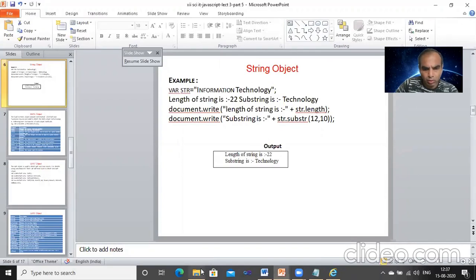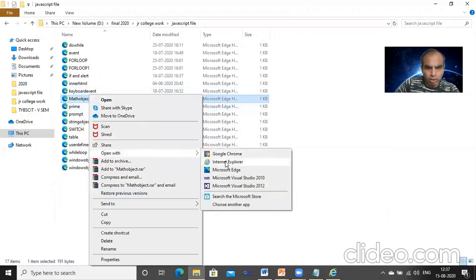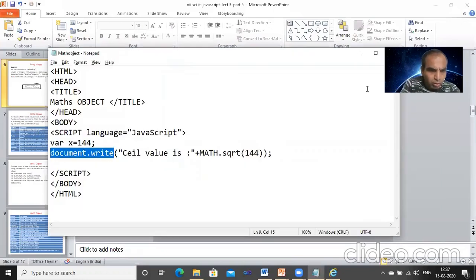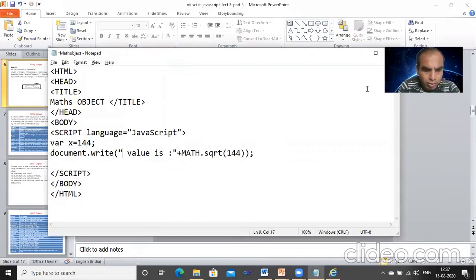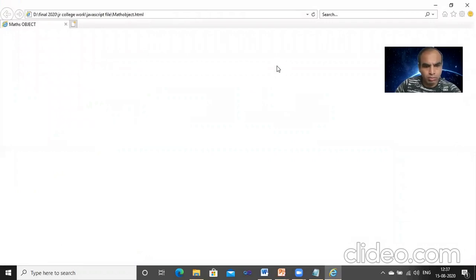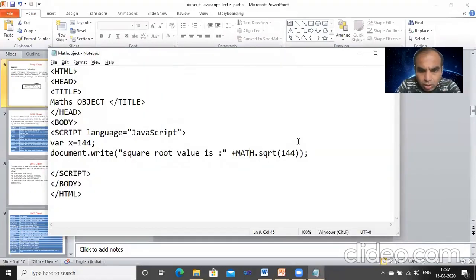We will check, go there, right click on math object, open with Internet Explorer, allow blocked content, not open. So what is wrong over there? Document dot write, square root. Why, what is the problem?